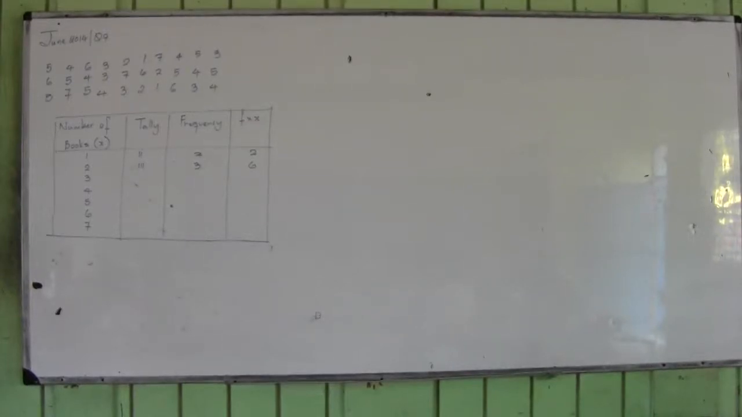Alright guys, let's start. Looking at question number 7 from June 2014. This question is a statistics question. Personally, I think it was probably one of the easiest questions on the paper. It says a class of 30 students,